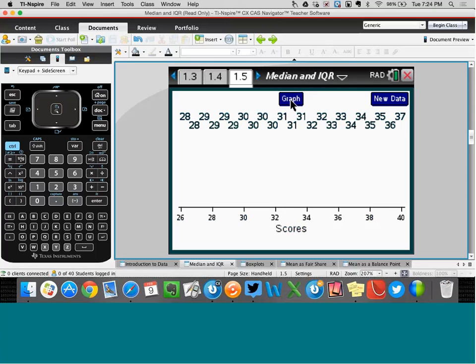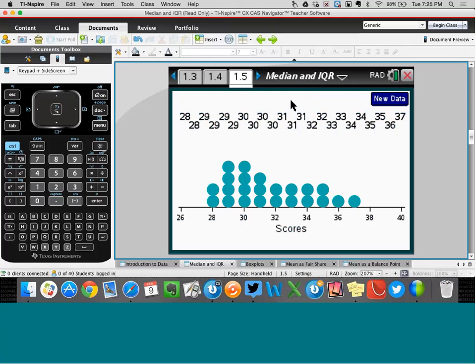data. So we'll push the graph button twice and create a dot plot for this particular data set. This representation of the data may allow us to describe certain characteristics of the distribution more easily. For example, we might now be able to see clusters or gaps in the data if we did have some of those. It might be a little bit easier to discern those details now rather than when the data was just in